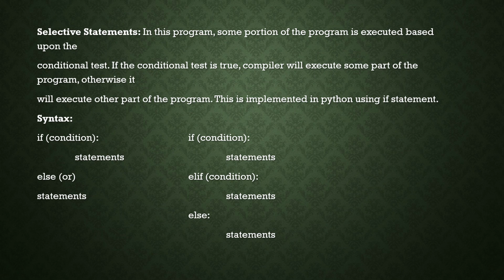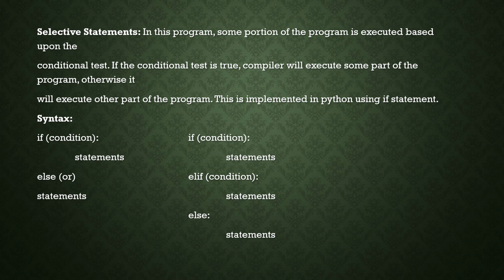See, here also the syntax is given: if condition, statements, else some other statement. Here also it is given that if some condition, we have to execute some statements, if again some condition, we have to execute some statements, else we have to execute the statements. Thing is, whenever if condition is given and then colon, then in the next line the executable statement should be written using some tab. That means we need to insert some horizontal tab, and after that we have to write the statements.